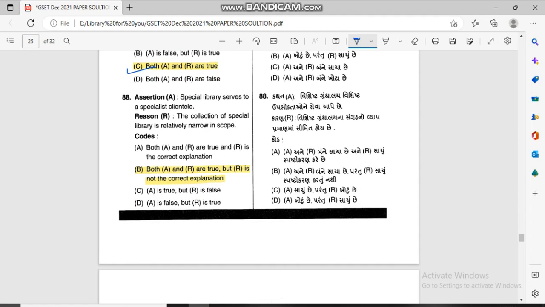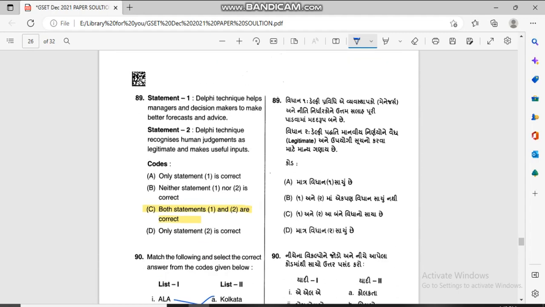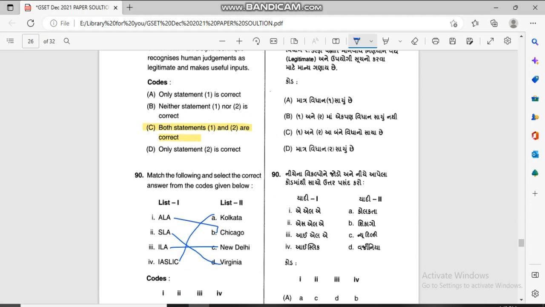Assertion: A special library serves a specialist client. Reason: The collection of a special library is relatively narrow in scope. Both A and R true, but R is not the correct explanation. Statement 1: Delphi technique helps managers and decision makers to make better forecasts and advice. Statement 2: Delphi technique recognizes human judgments as legitimate and makes them useful inputs. Both statements A and